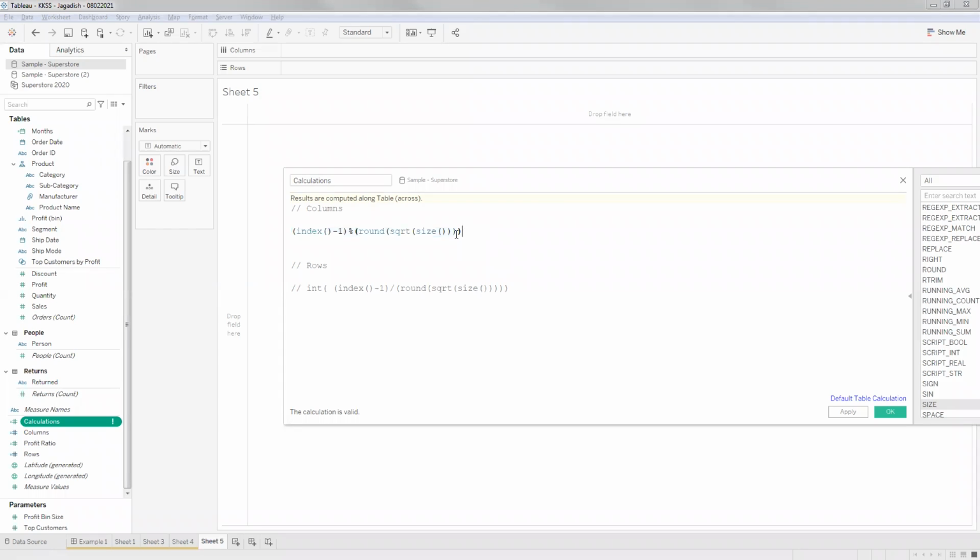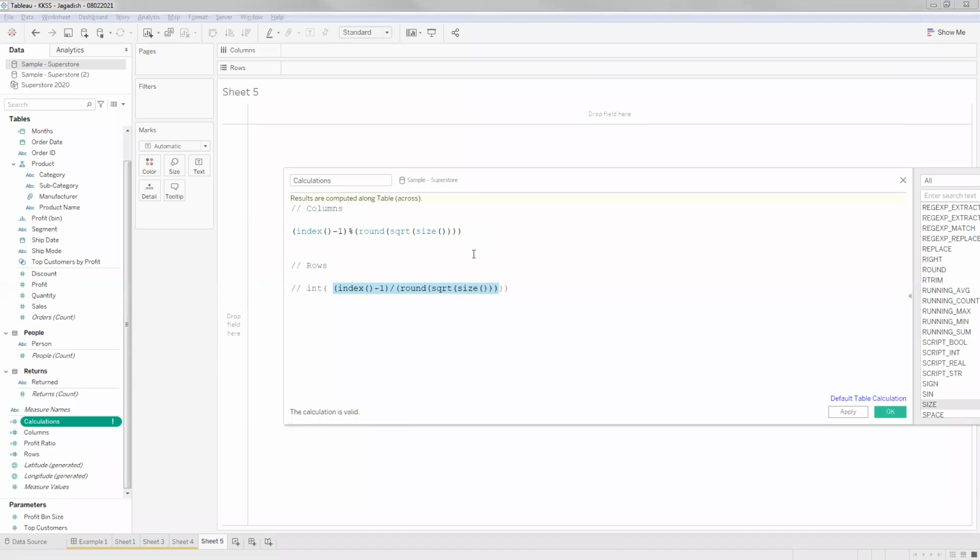You can obviously choose any other options to create your own grid structure, but as of now, let's not explore there. What it's trying to do here, if you see the index and size, is that once this table calculation has been set to the scope of our dimension, which is subcategory, it will understand how many subcategories there are, how many values there are, and based on that, how many columns I should create. And it's the same calculation that we have here as well.